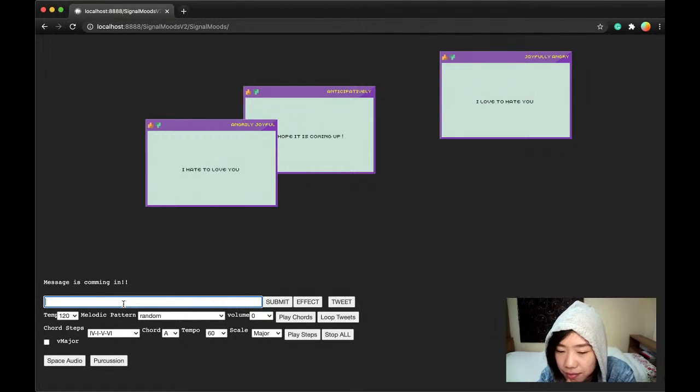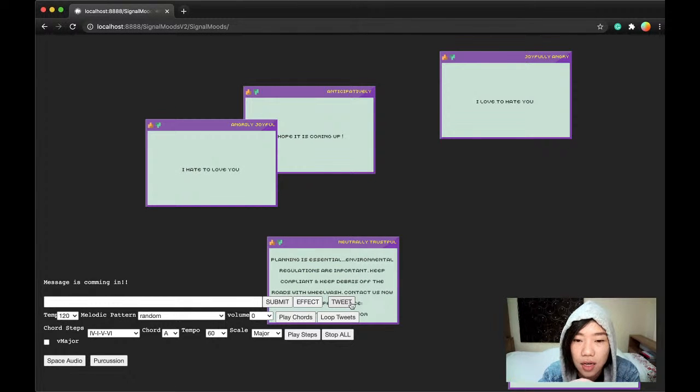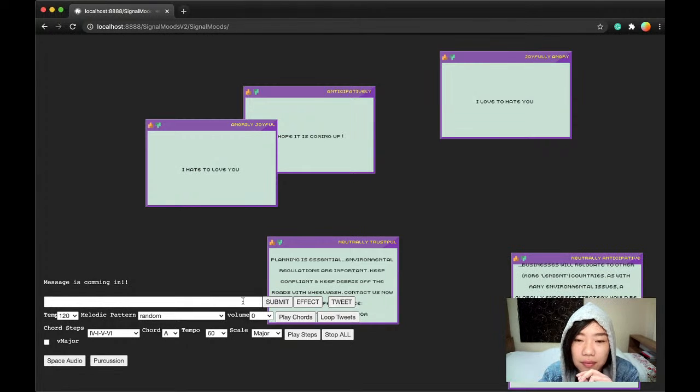I'm going to try another one. Let's see when a tweet comes in. That's the same. It's not a real tweet yet. It's just collected data, like the tweets. So it's not connected to the Twitter API yet. So whatever I click on as tweets will be whatever I already have in the program, because I use it to experiment on the audio.